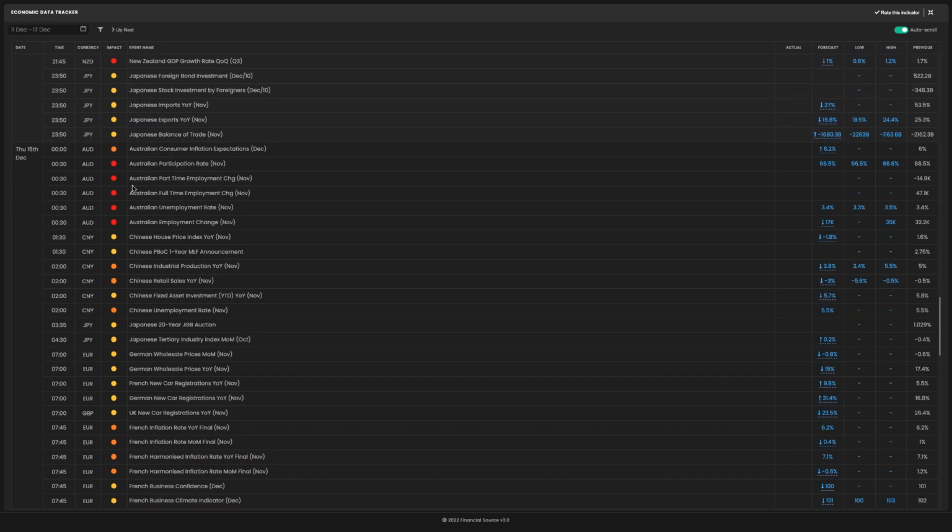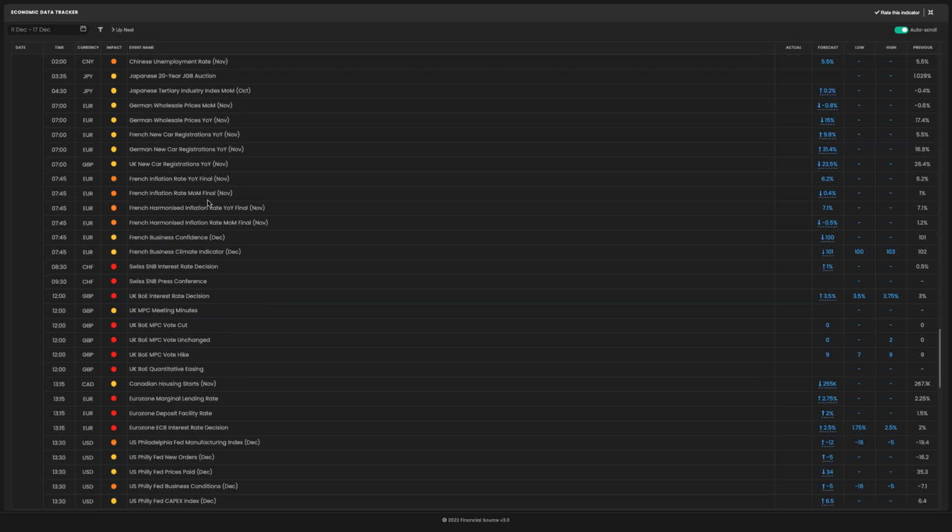Aussie employment data: the RBA have said they can go either way. They can hike rates or slow down hiking rates. So labour data will be important. If we see a miss in the employment data, then that's likely to result in pressure to the downside for the Australian dollar, but not something I'm looking at trading, even though I'd expect that.